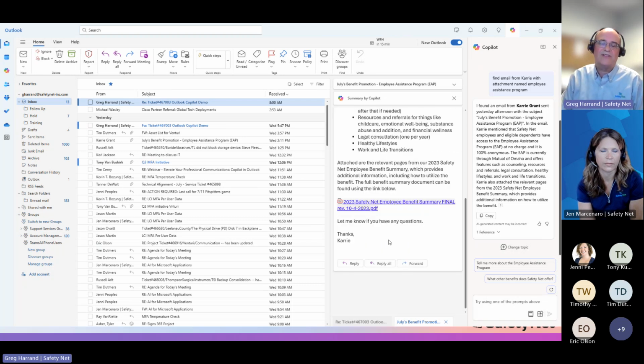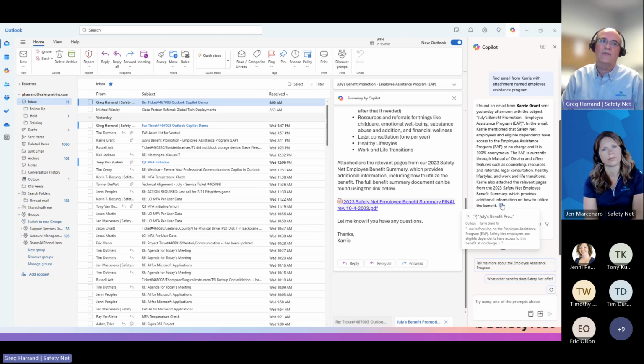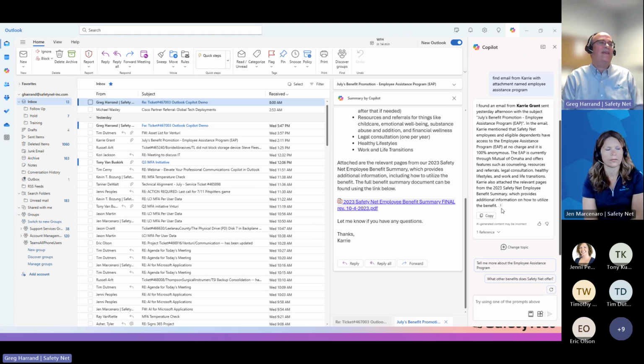So rather than me having to look through all of those emails, I can do it. And then here's the footnote that allows me to find it and click on it. It also gives me a summary of what she said in the email. So I say, yep, that's the right one, and click the footnote. So that's just something that I have found it really good to use it for.